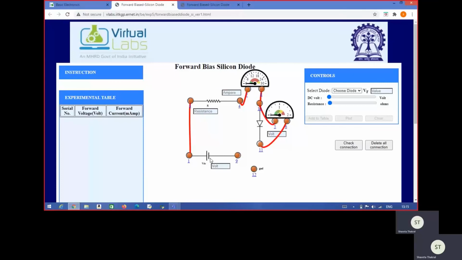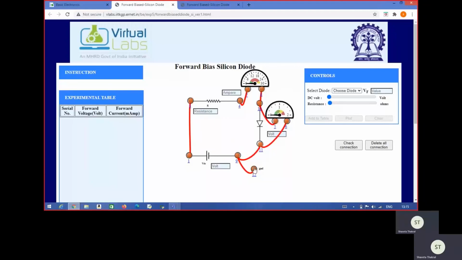Now what about the negative terminal of the battery? The negative terminal of the DC power supply or battery, we can say, as this is the variable DC power supply, so we have to take the DC power supply only, because with the help of the DC power supply we can keep on varying this voltage. This is a variable DC power supply, and this is the negative terminal of the battery. So the next connection is made in between the nodes 9 and 11, that is connected like this, and the negative terminal of the variable DC power supply needs to be connected to ground also. So the next connection is in between 9 and 12.